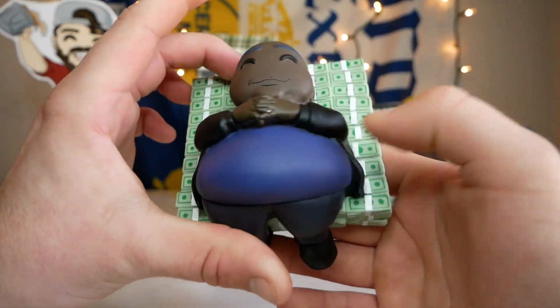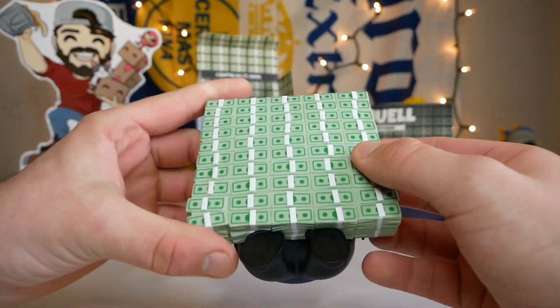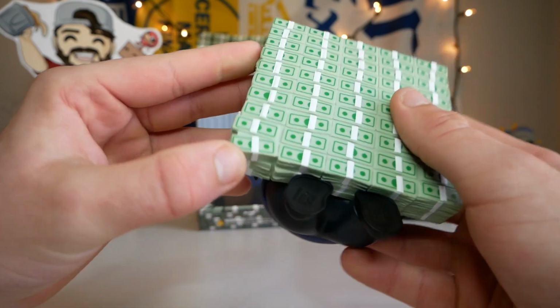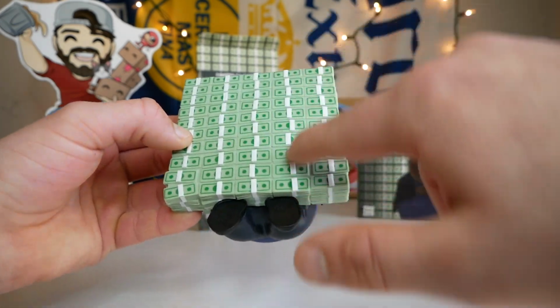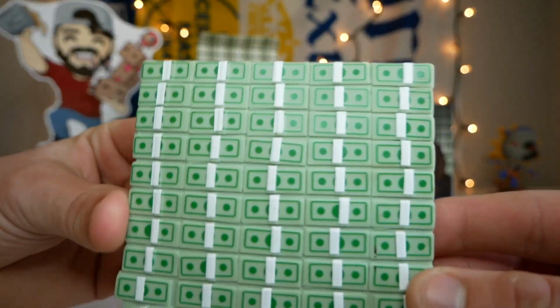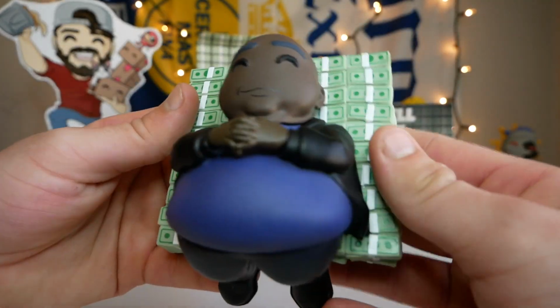detail here. So first up here, we have the giant pile of money, and I honestly think they did a great job on this. There's some pretty good detail. They're not all perfectly aligned. Like this one's kind of falling down at the bottom there, so it gives a little bit more randomness. Also with the bands there as well, it doesn't go straight down. It's just loosely on there for each one. But here's a little zoom in on the money stack right there,